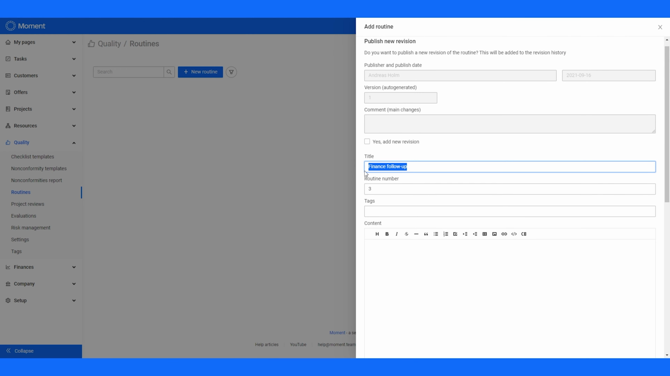Add a title and routine number first. The routine number is auto-generated, but you can also define your own. For ease of use, add tags to your routines so that you can separate them by category later on. If you have defined routines in external systems, you can easily copy-paste any text into the new routine and make